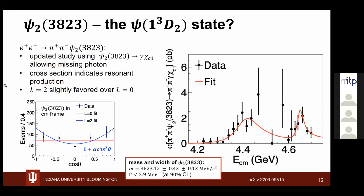And then there's a new measurement on this that appeared on the arXiv just yesterday. What's done here is that you look into exactly the same channel, 2 charged pions and a psi2, with the psi2 decaying to gamma chi_c1. The big difference here is that we allow for one of the photons to be missing. So we identify the psi2 in the recoil mass of the 2 charged pions, and then allow one photon to be missing here. This increases the reconstruction efficiency quite a bit and allows us to measure the cross-section of this